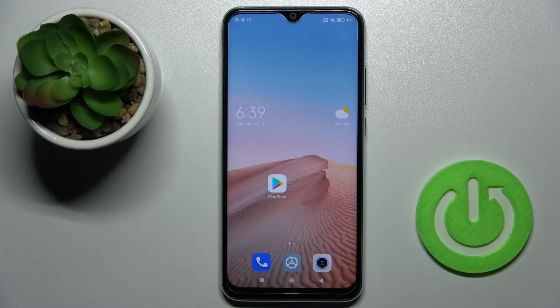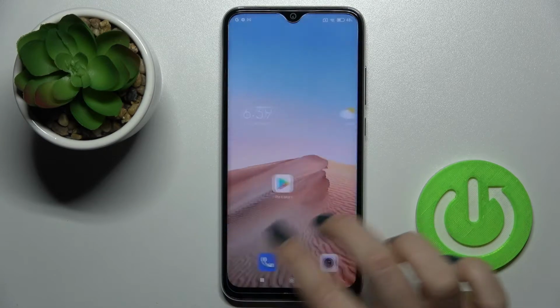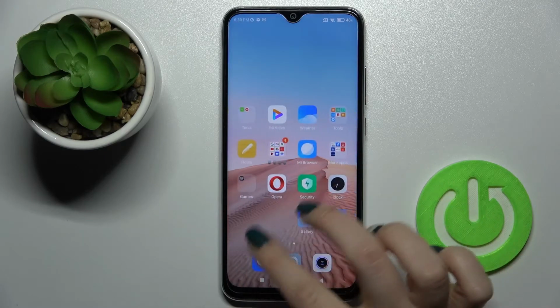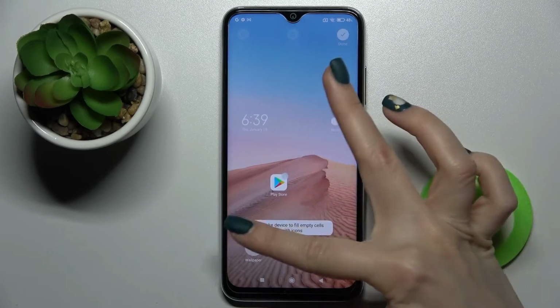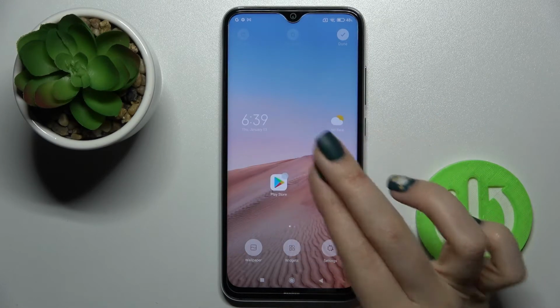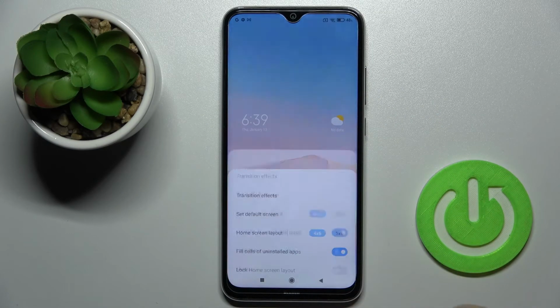Welcome to the Xiaomi Redmi Note 8 2021 in front of me, and I'll show you how to change the home screen transition on this device. So first, as you can see, we've got the default home screen animation, and now to change that, you should slide two fingers at the same time to the center and just tap here on the settings